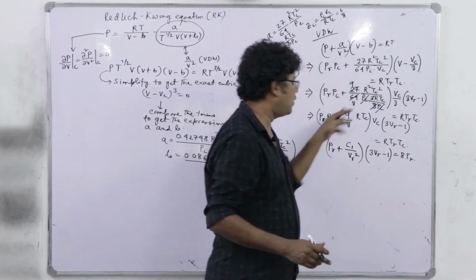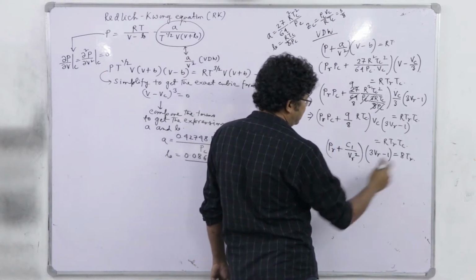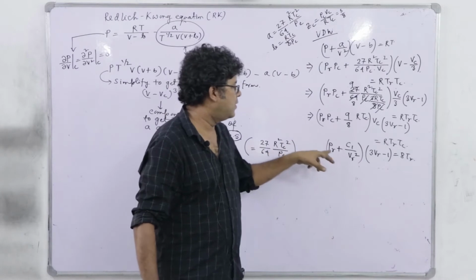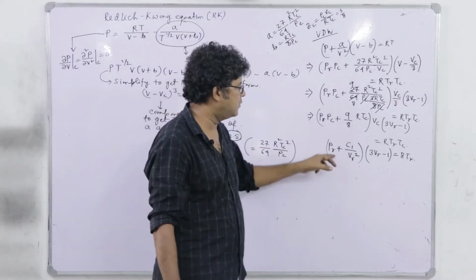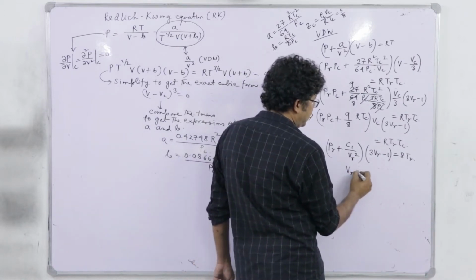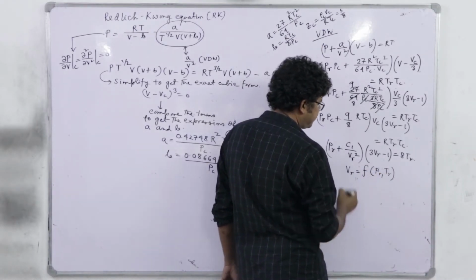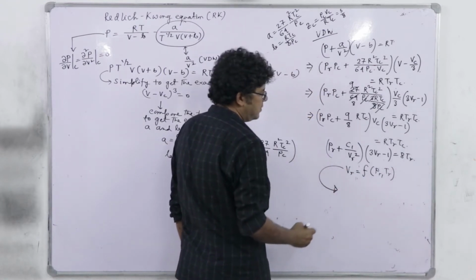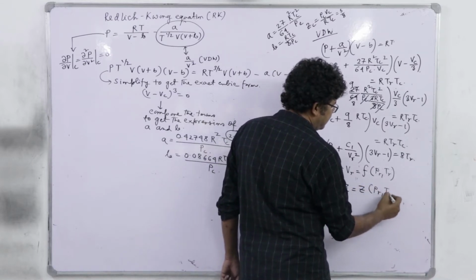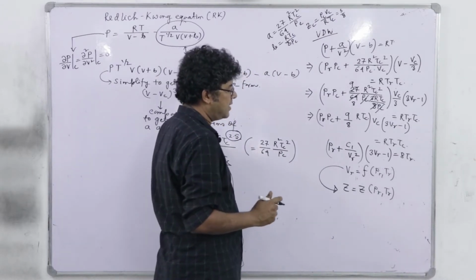So, this form, you can go on simplifying it. Basically, you see it is a function, what we have to finally infer. It is a function of reduced variables like reduced pressure, reduced volume and reduced temperature. So, reduced volume is a function of reduced pressure and reduced temperature only. And further generalization will give you that Z, the compressibility factor, will be the same if PR and TR are the same, right. Z is a function of PR and TR.